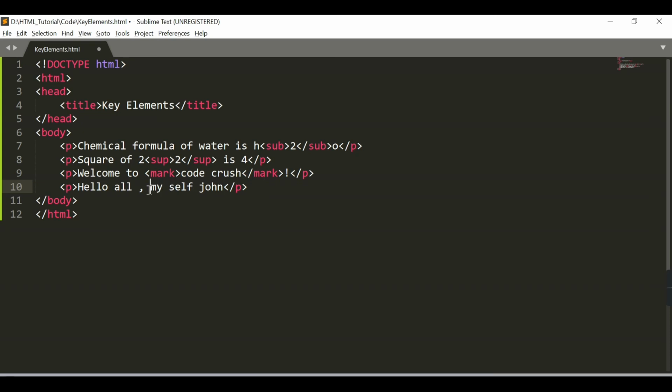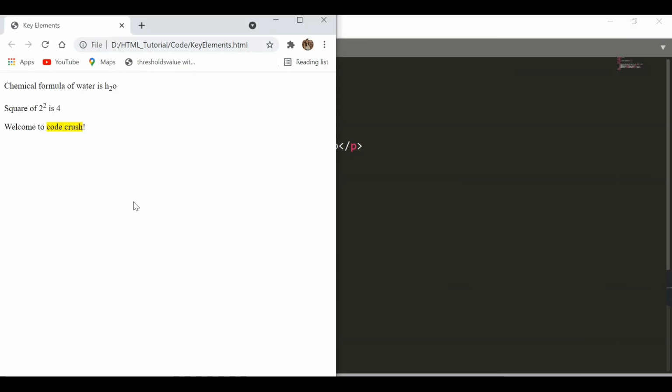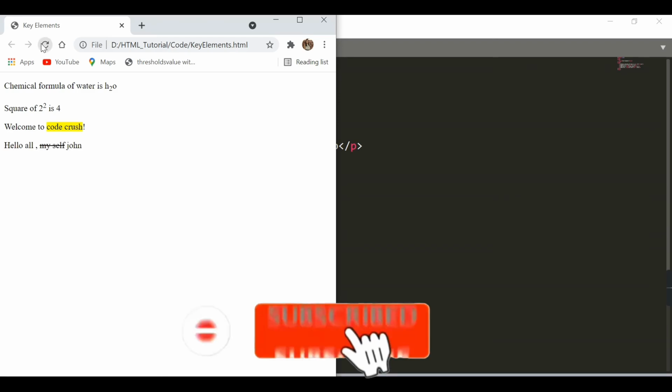So how can I perform this? You need to introduce the del tag. I want to copy this text which I want to delete. Control X, Control V, save this, refresh the browser.